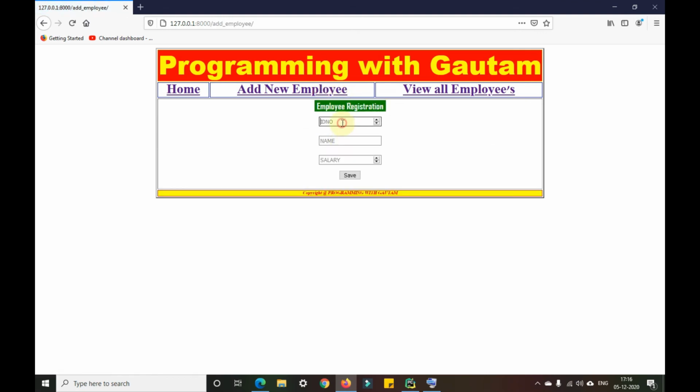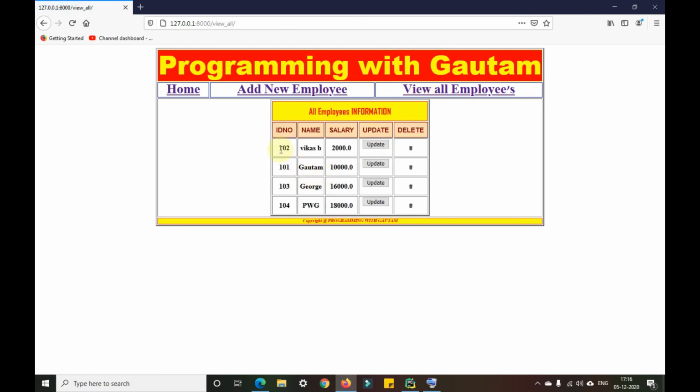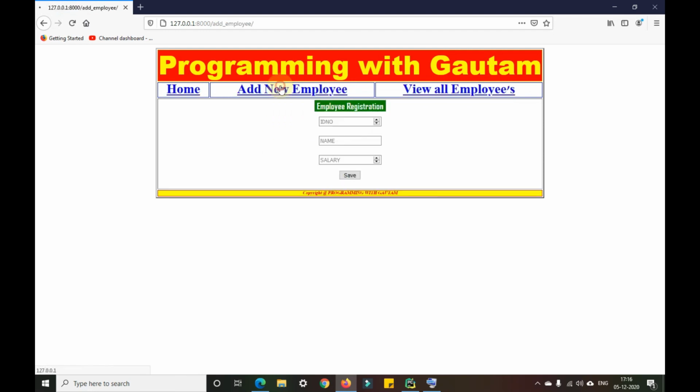Add new employee. I don't remember which ID number I gave last, so I'll go back to view all employees. I have given till 104 here. So I'll give 105, name Vijay, and salary as 22,000 here, and click on save.